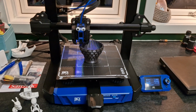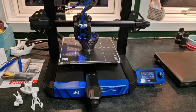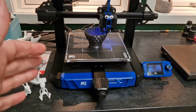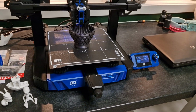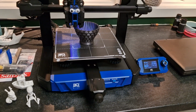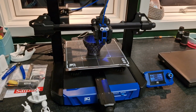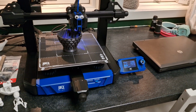What BIQU has done is they made this printer in partnership with Klipper firmware, and as far as I'm aware, this is the first 3D printer from a factory that comes pre-installed with Klipper, ready to go out of the box. Everything's done. There's nothing you need to do. You don't need to flash firmware or anything like that, which is pretty cool. And I think that's really the big selling point on this, besides a couple other things I'm going to point out here. But having Klipper out of the box is really nice because Klipper is really starting to gain a